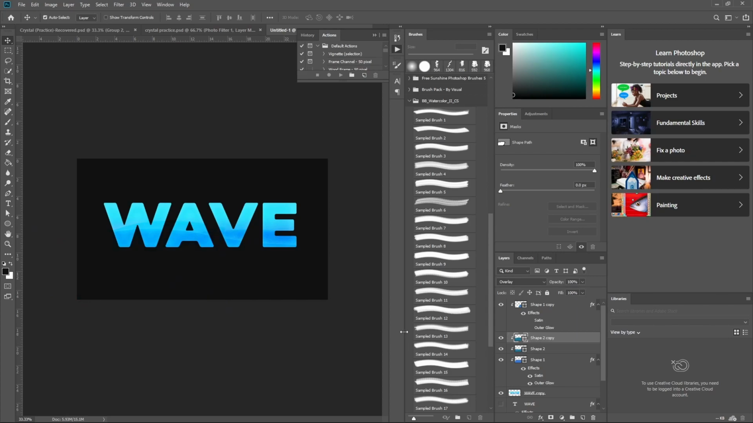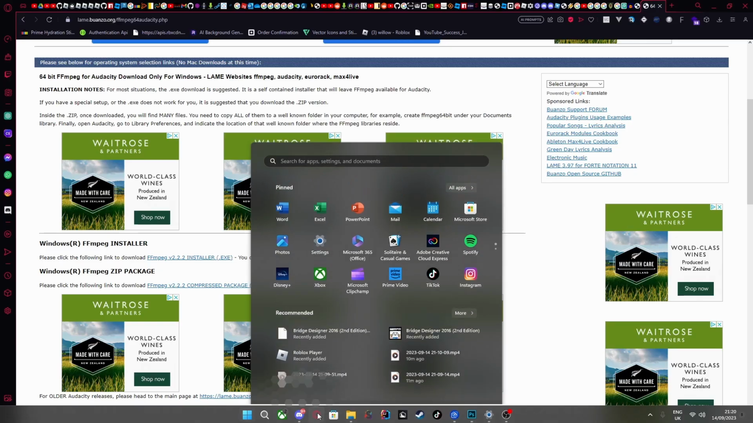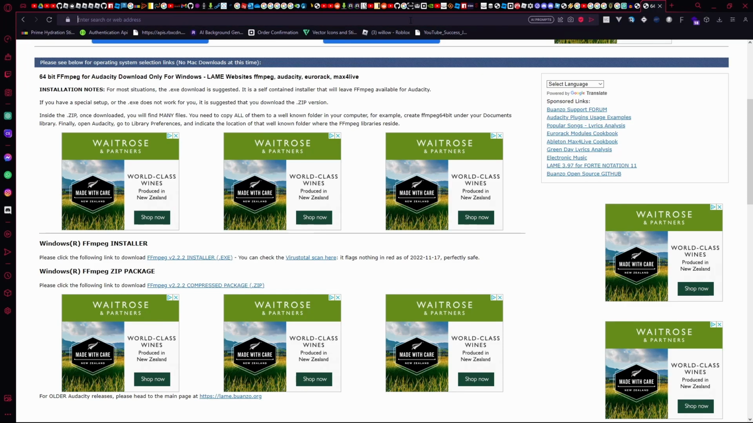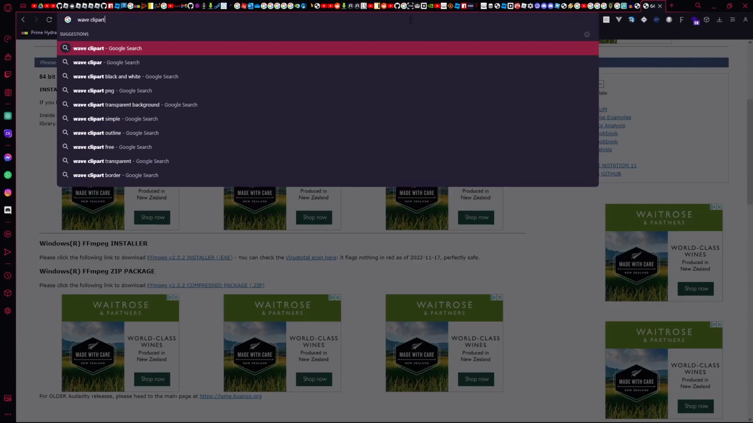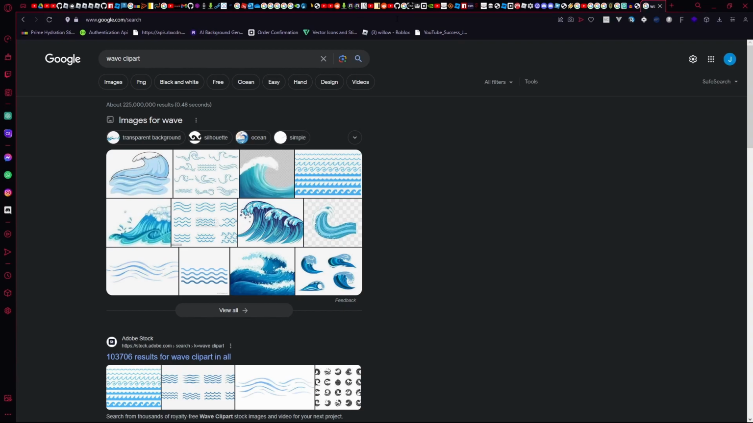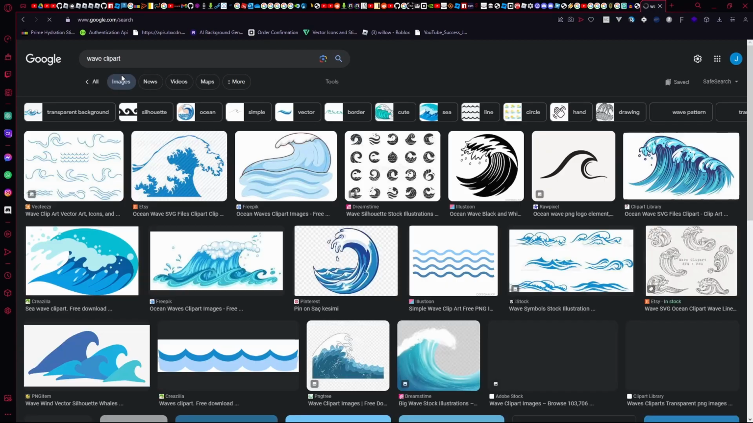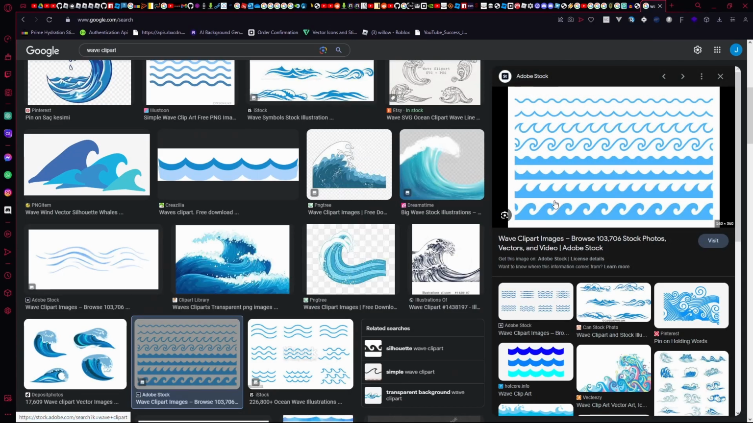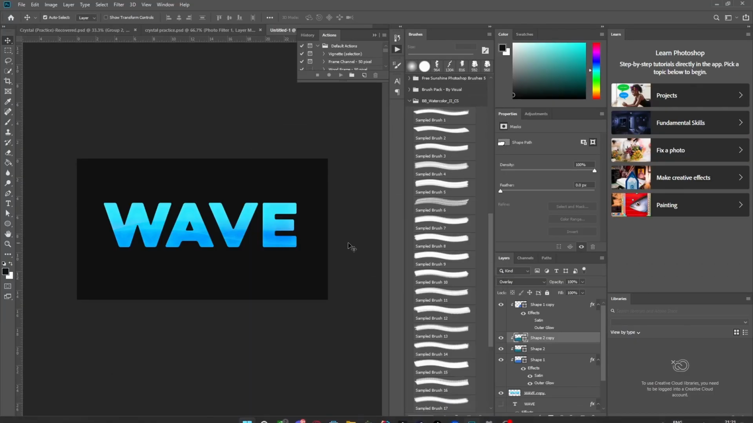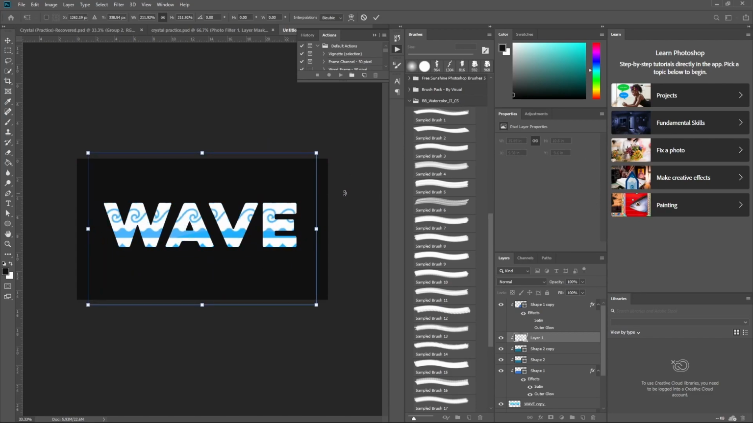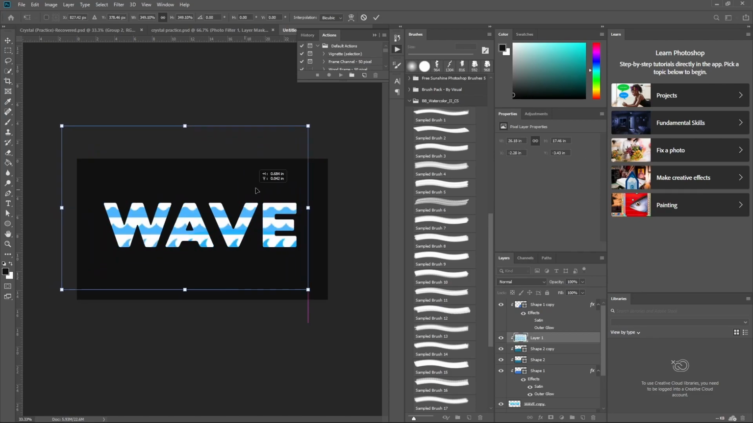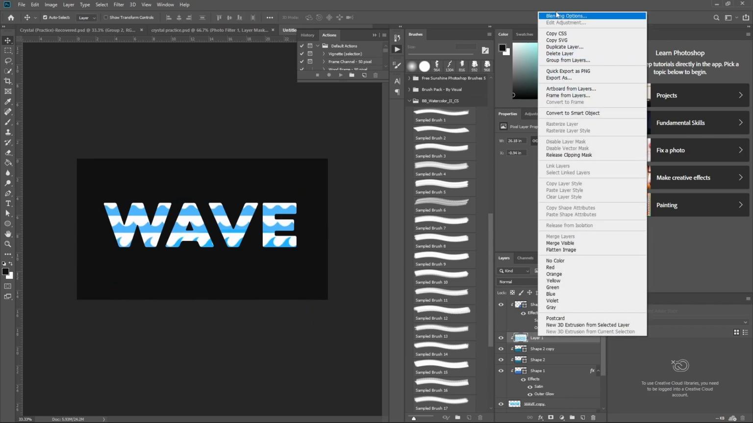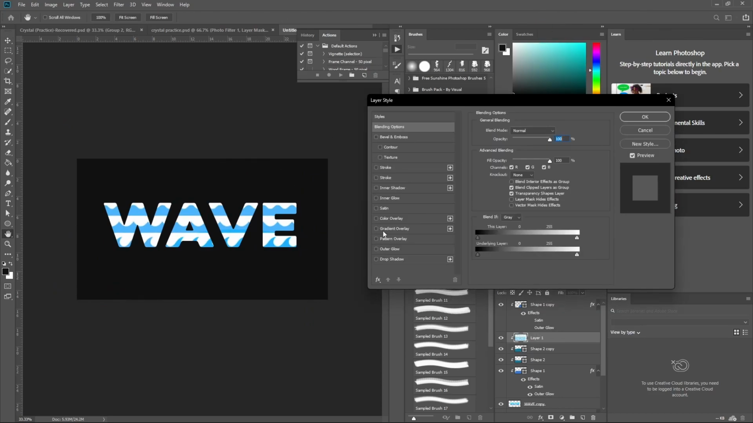Alright, so then we can find a wave clip art. Clip art really does help for your typography, and I thought I found a nice pattern. Yep, that's a nice pattern. I can add that in. Yeah, there we go. Now blending options, this will just remove all the white, so